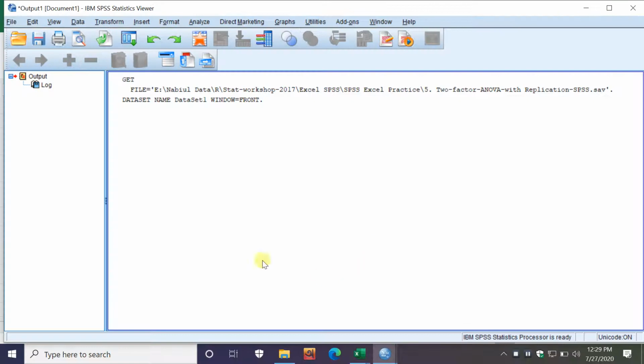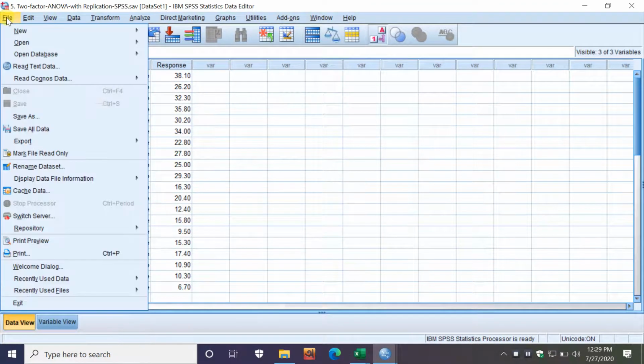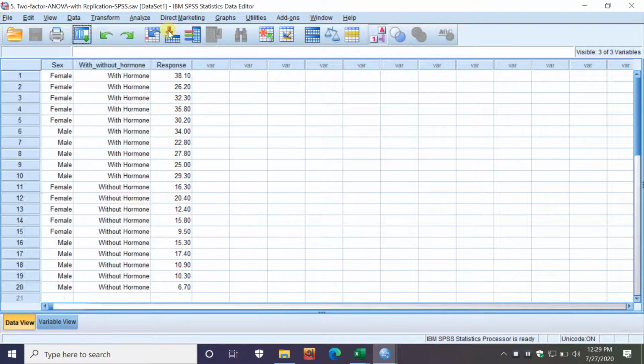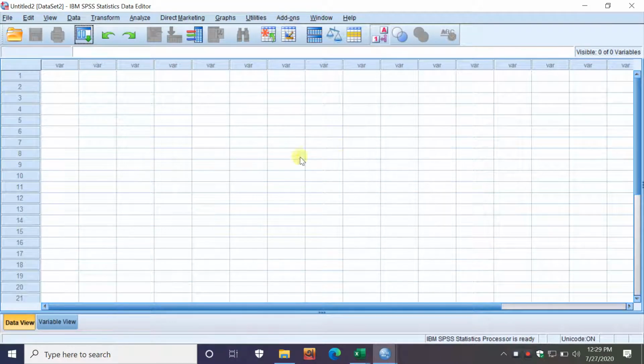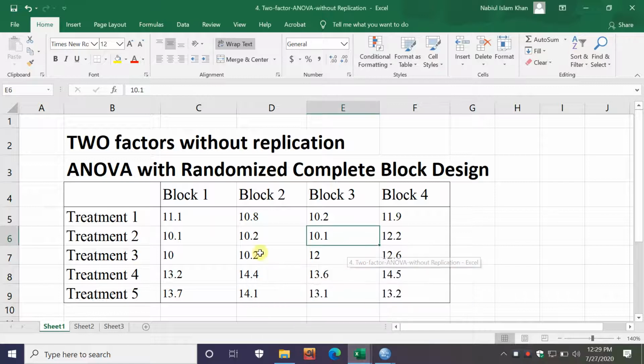In SPSS we will open a new data sheet, which is a blank data. So in this blank data we have to copy and paste the data from Excel. So this is block 1, block 2, and block 3. So every block,